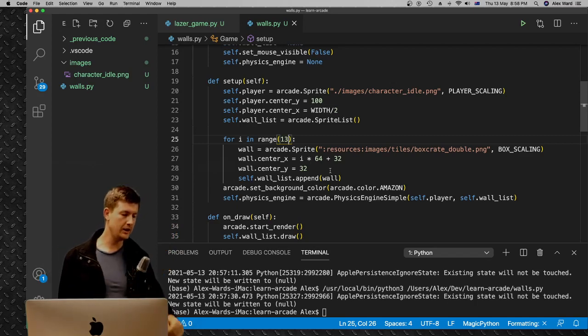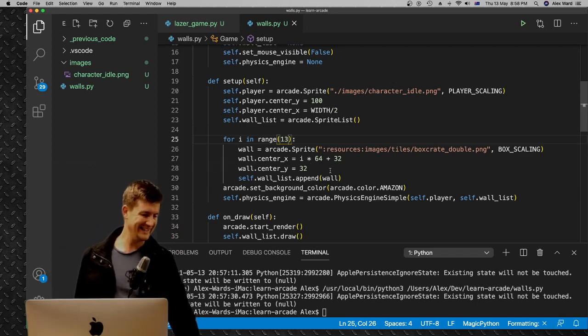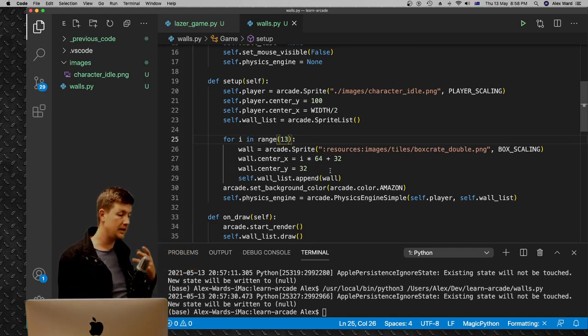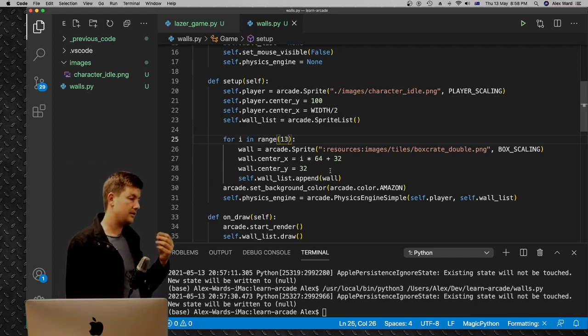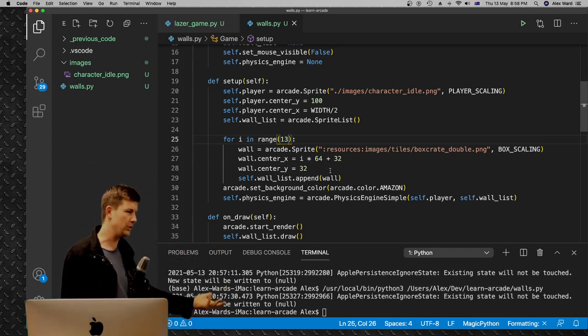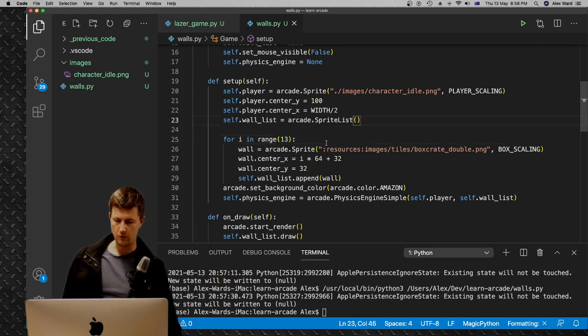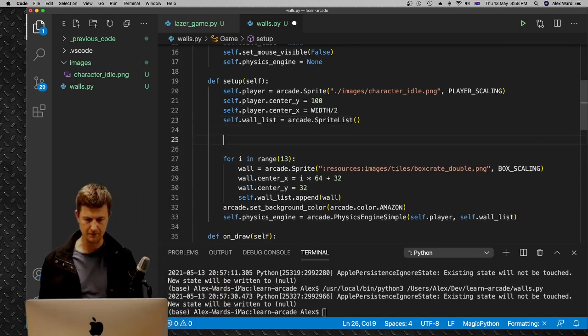Or you can actually do this as a list as well. You can make a list of X and Y locations and actually use a for loop to go through that list and spawn the boxes there. Should we do that? Of course, let's do it. Let's make that list, and let's say this is box